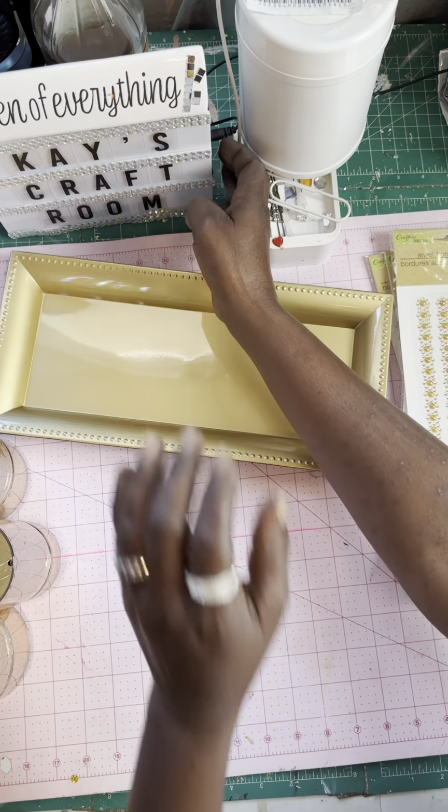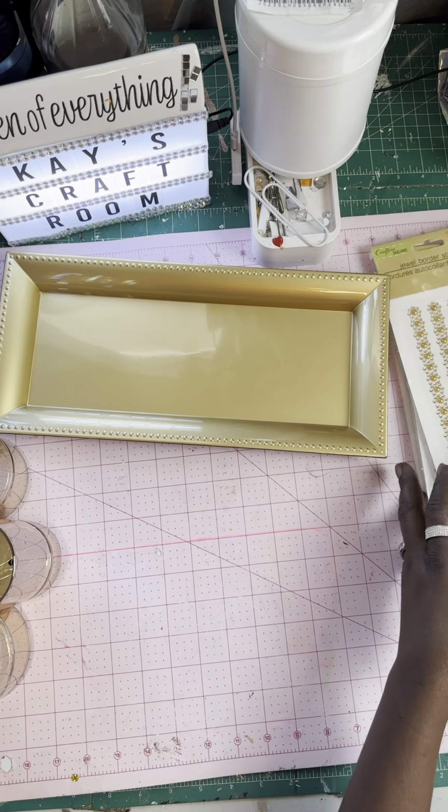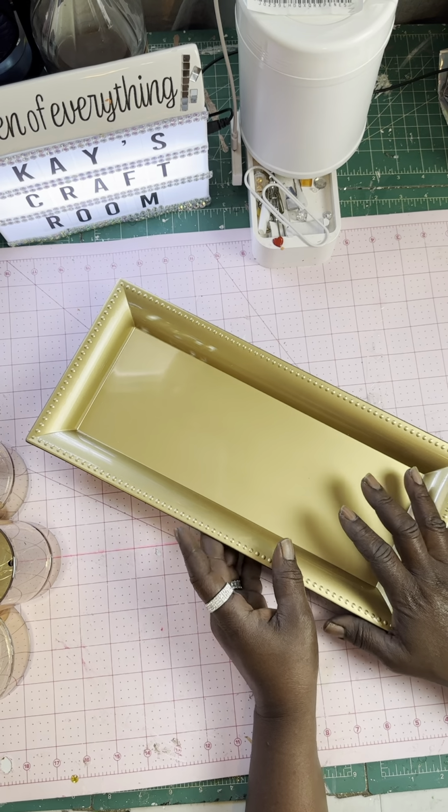Craft room. In today's video, I'll be doing a lighted centerpiece, and